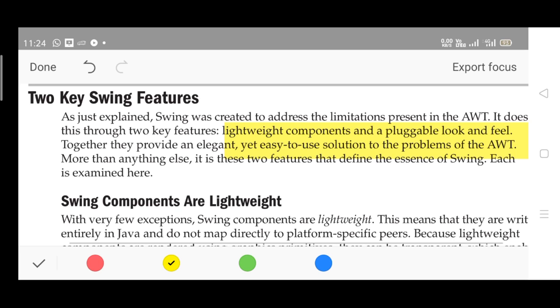Open any login page, fill in the details like your user ID, password and all, click on submit and see how it looks. That is one of the key features, the pluggable look and feel component. Along with that, another one is lightweight. So, two key features of Swing.